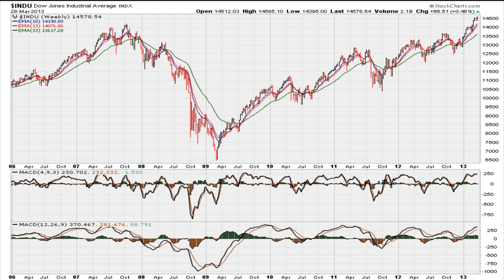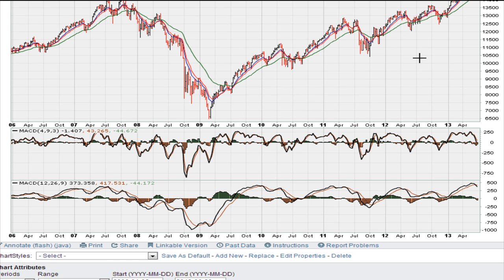Three months down the road, of course, we see that we got the crossover here, beginning of 2013, back above zero here. So the market had a nice run here. And even after this run, you see that the MACDs are still looking bullish, way above zero and pointing to the upside. So that's still a bullish market. Even if you get corrections, the market has not given you a sell signal. So let's move three months down the road,